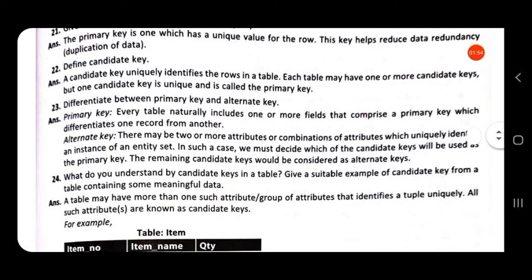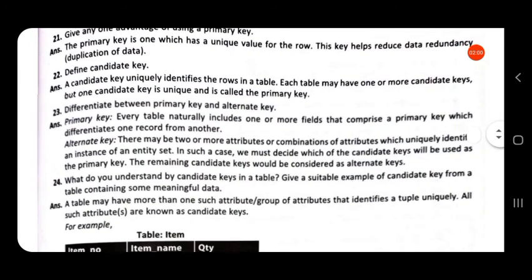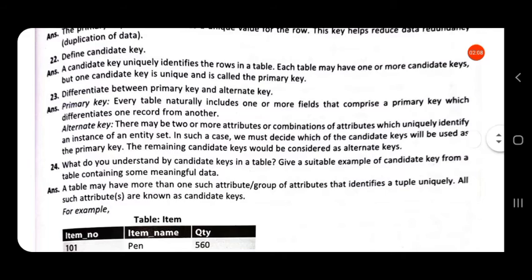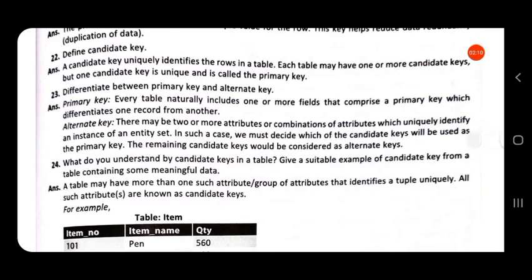Then next question, define candidate key. A candidate key uniquely identifies the row in a table. Each table may have one or more candidate keys, but one candidate key is chosen and is called the primary key, and the rest of the candidate keys are called alternate keys.